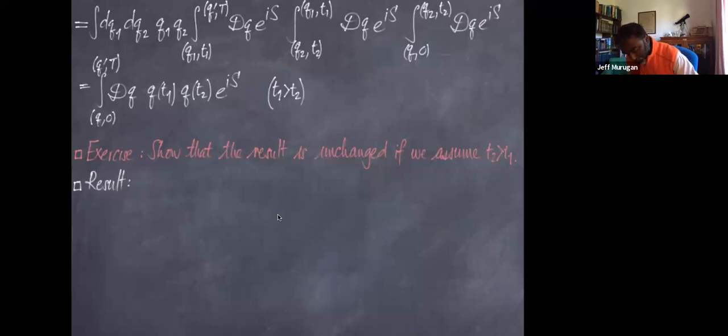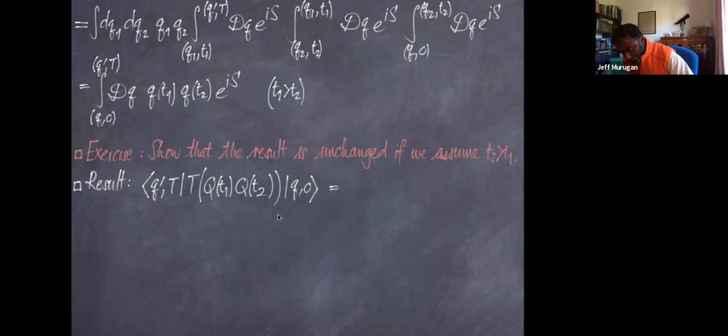That Q prime at T, time-ordered product of Q at T1, Q at T2, Q at naught